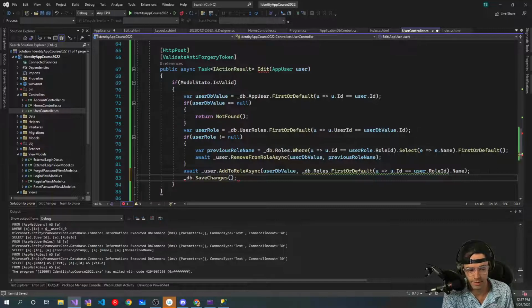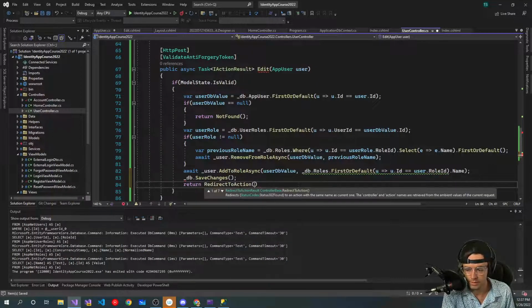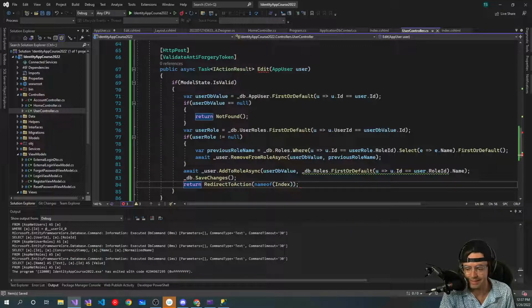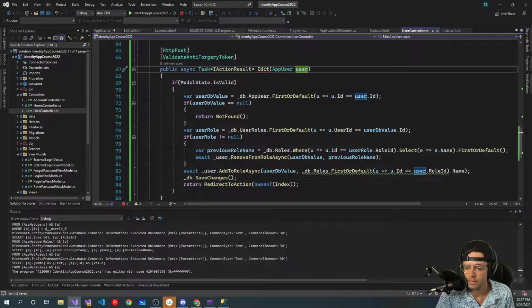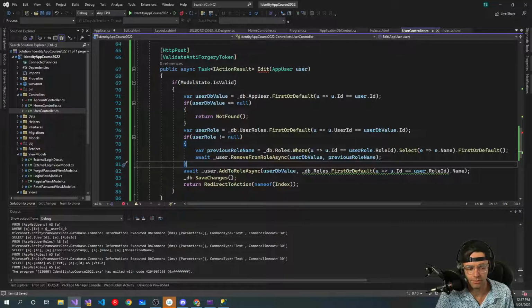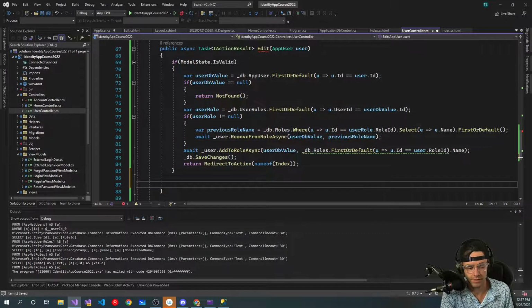Go up here. Then we want to return a redirect to action. Have the name of, and then we are going to redirect them back to that index controller. And this needs to actually be on the, oh, wait a second. So that is right. The next thing that we want to do, all right, okay, so we have one more thing that we need